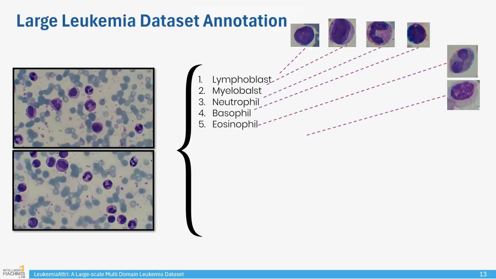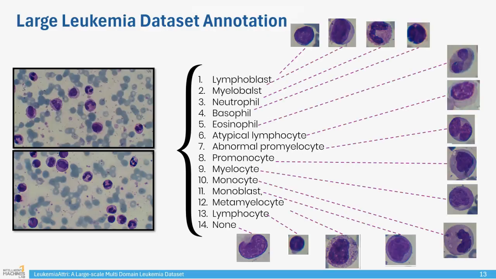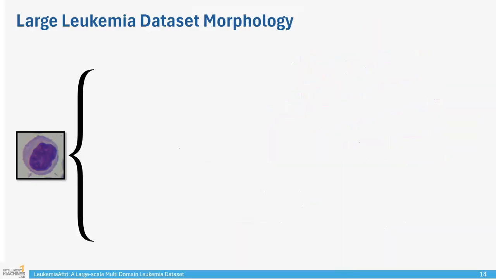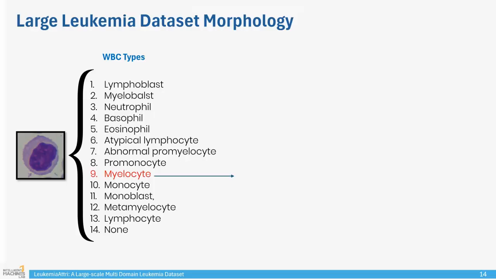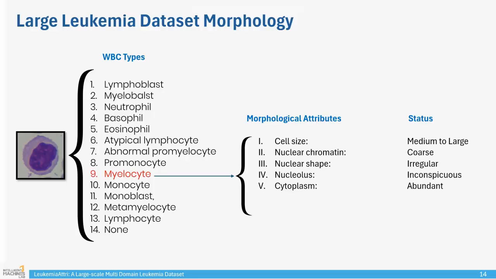For the WBC annotation, we annotated each WBC with respect to 14 different classes. For example, lymphoblast, myeloblast, abnormal promyelocyte and myelocyte, etc. And further, we annotate the morphology of the cell in terms of 7 attributes: the size of the cell, the nuclear chromatin, the nuclear shape, the cytoplasm to nuclear ratio, and